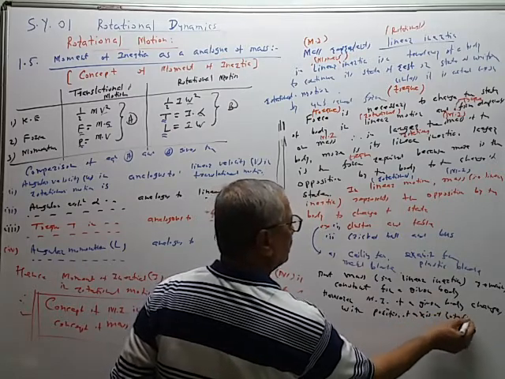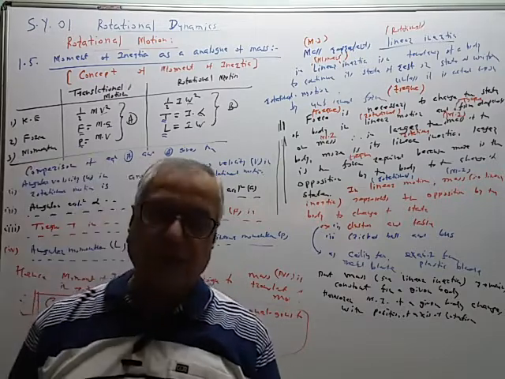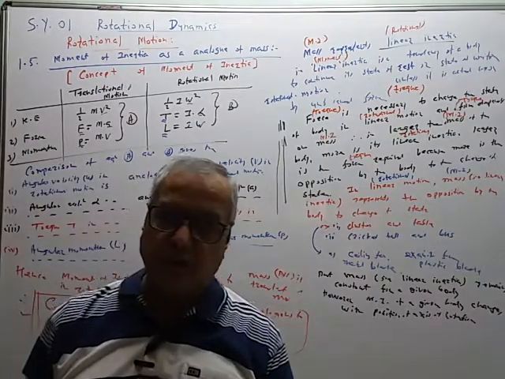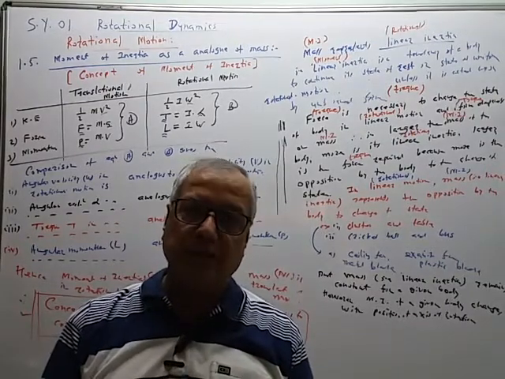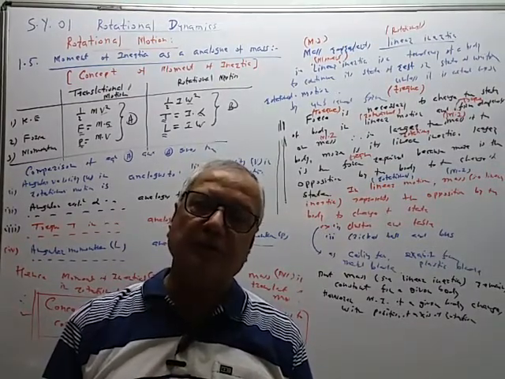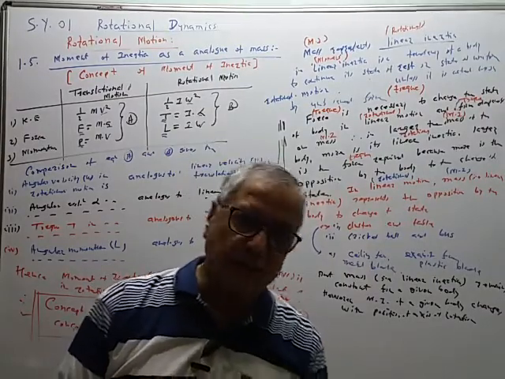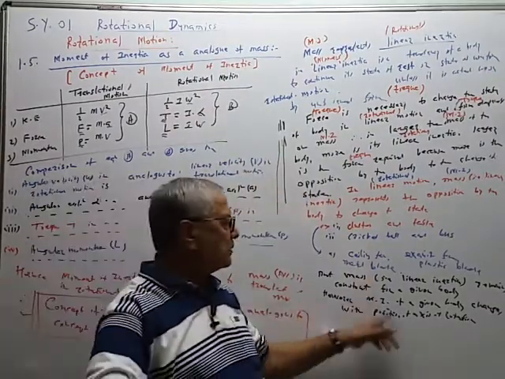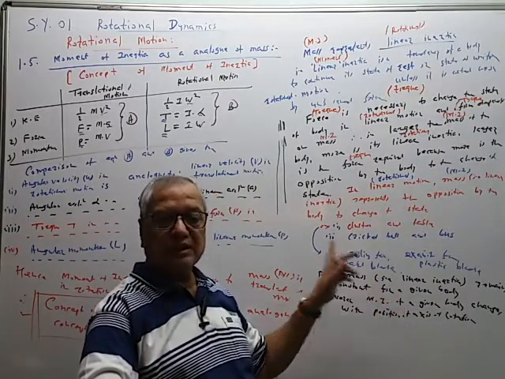For rotational motion, we know that axis of rotation is compulsory, and if we change the position of the axis of rotation, then moment of inertia will change. So body is same, ceiling fan, but if we change the position of the axis of rotation, then moment of inertia will change, like this. So this is the main difference between the linear inertia and rotational inertia. Rotational inertia is a variable quantity.